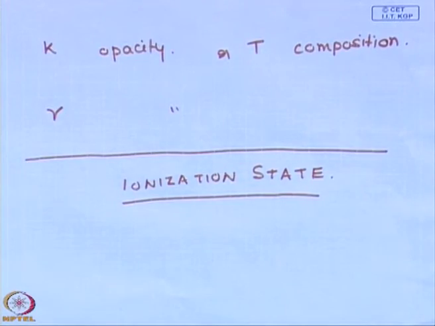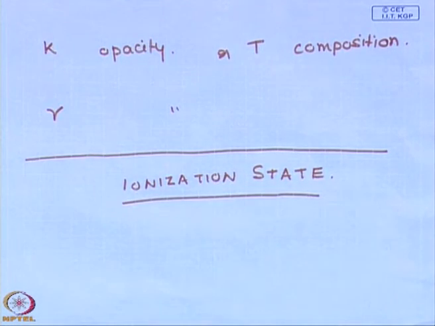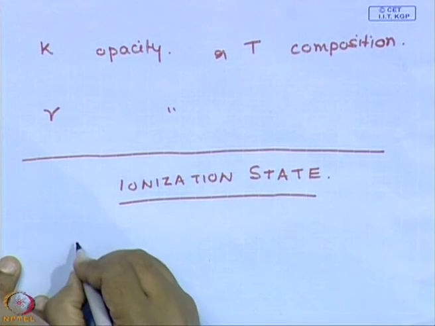It is not necessary that all the different components of a star will be equally ionized at a given temperature and pressure, right. So, one needs to solve for the ionization state of the material inside a star simultaneously with all of this. And the ionization state for any species tells us the ratio of the fraction that is ionized to the neutral fraction. This has to be calculated using the Saha